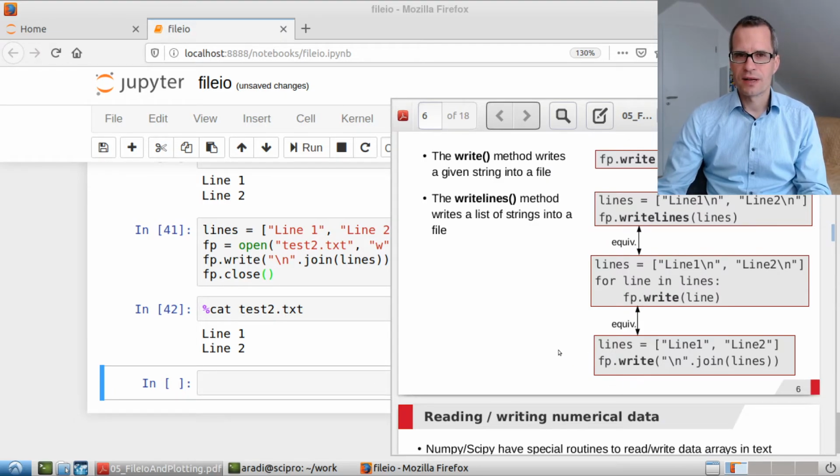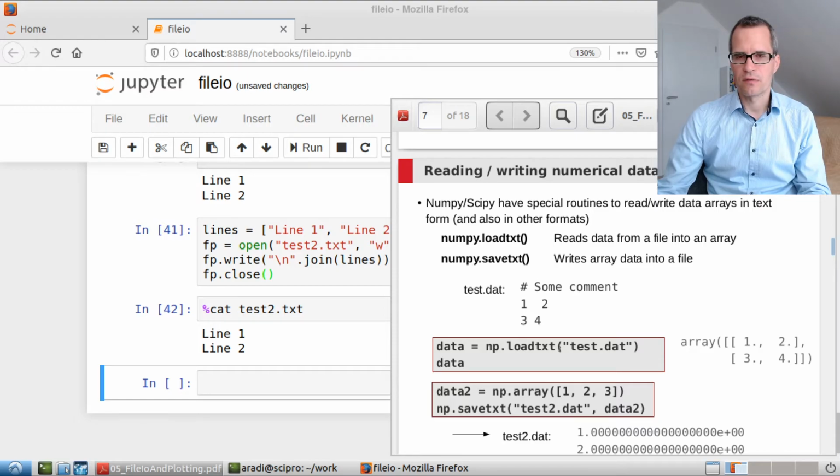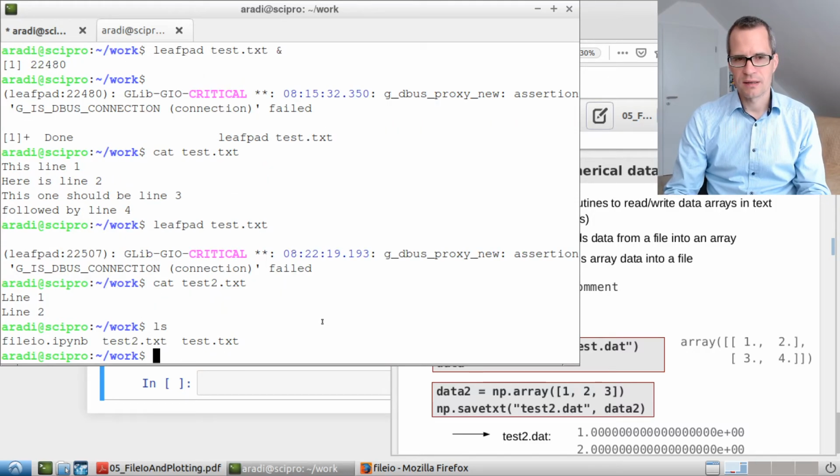For us, much more interesting than manipulating text-wise, which maybe we also sometimes do, but much more interesting for numerical purposes is to read and write numerical data. Okay, so basically some arrays, some numbers, and for that, let's create a file. Again, we will just go to Leafpad and open a new file, test.dat. Just maybe a remark, if you make an ls, you see the test.dat file does not exist yet, but in